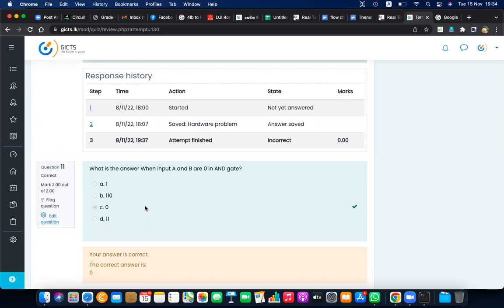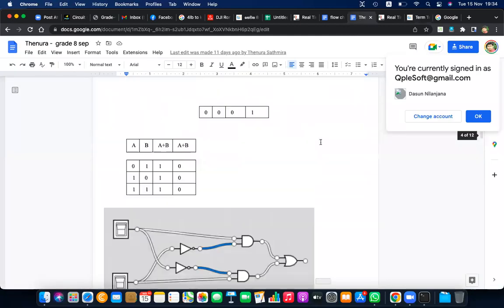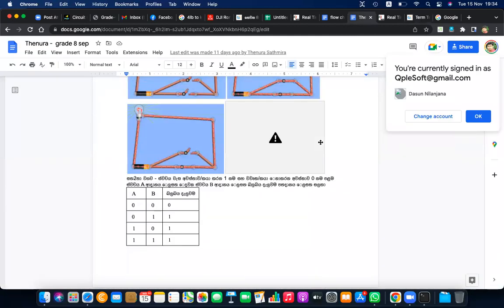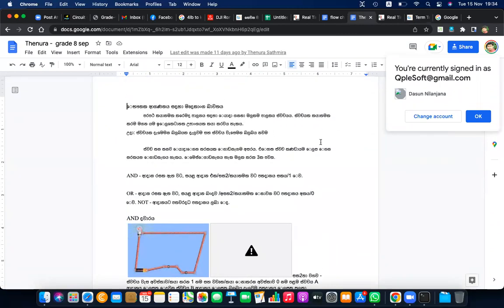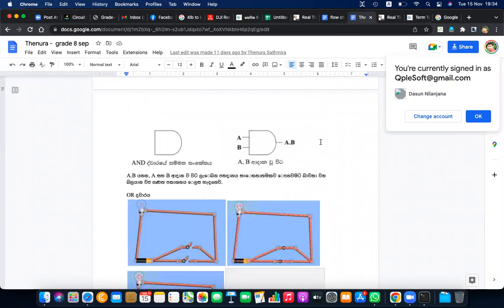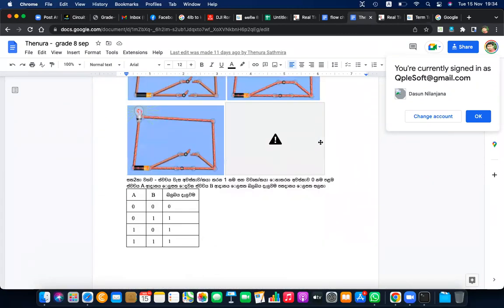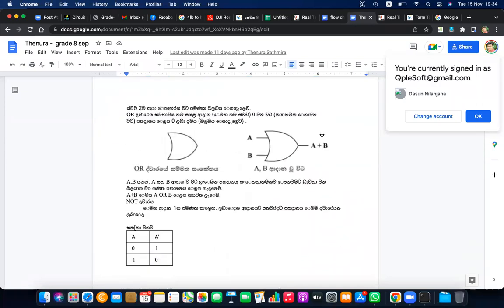What is the answer when inputs A, B are 0 in an AND gate? If both are 0, the AND gate will result in 0. If you can remember the AND gate, if both are 0, AND will return 0. Can you remember this? This is about the AND gate. So AND gate behavior is,